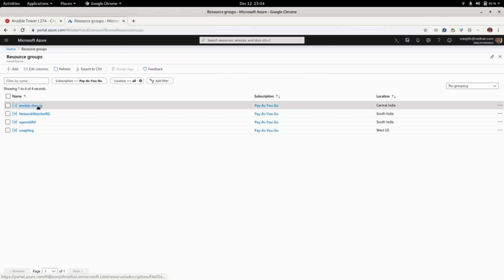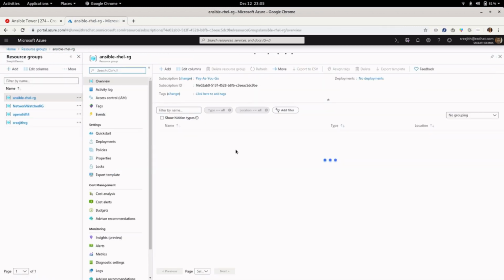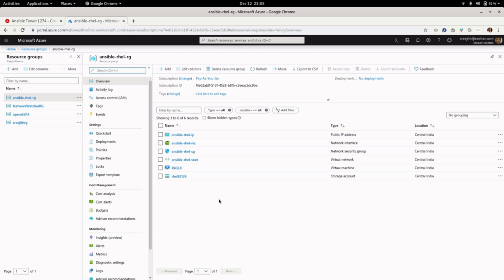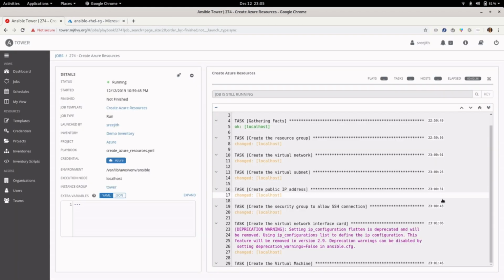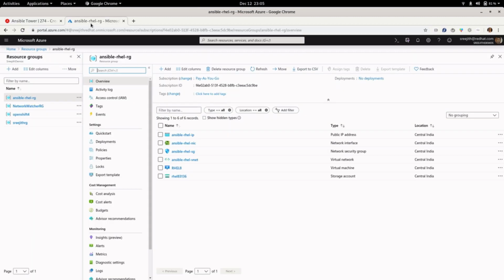So let's go and check the resource groups to see whether the VMs are up and running. Yeah, now you see that there is a RHEL 8 virtual machine up and running. Let's see the status of the job. It's almost getting over. The virtual machine will be in the booting state by now.